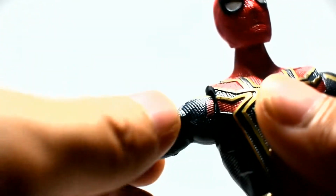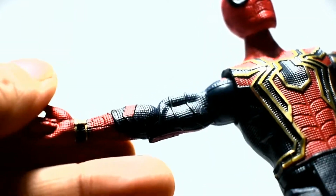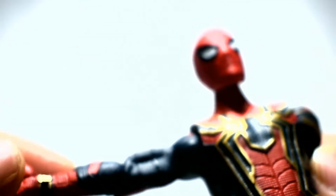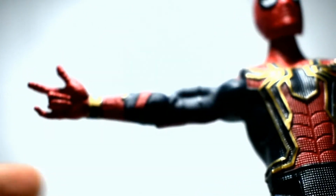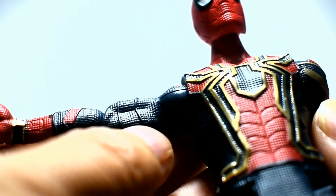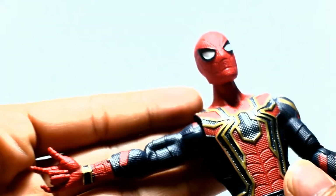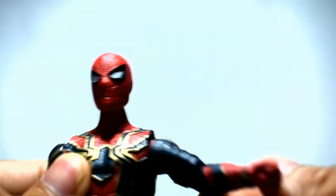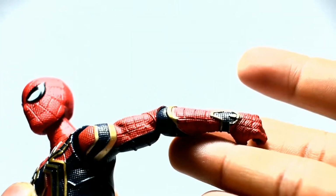and I like the texture of the suit of the Iron Spider-Man, because unlike the other Spider-Man action figures, you won't be able to see texture on the suit, but look at that, the details, the texture on the suit of this Iron Spider-Man is so impressive, and he has the texture all over the body of this action figure, and I like it, right? And on the other hand also, I also like it,